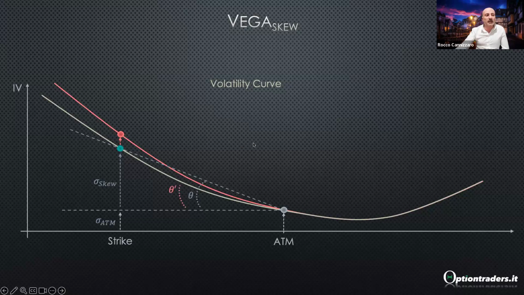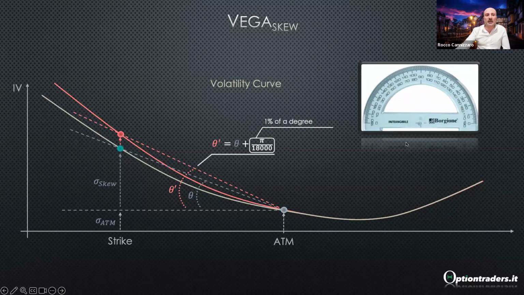Well, this is like if I had an increase in the angle, and I went from the angle theta to the angle theta prime. And so I'm trying to measure how much of an increase there would be in this volatility if the angle were to increase by exactly 1% of a degree. Now, what is 1% of a degree? Well, if you look at